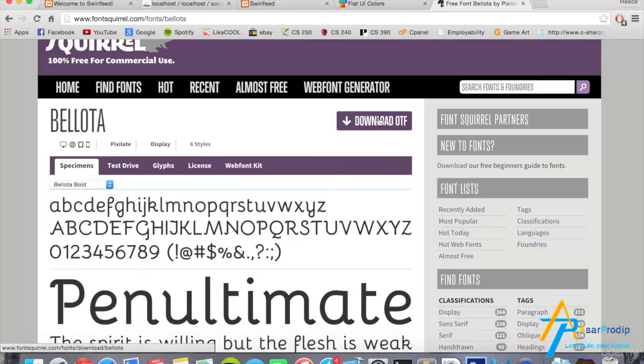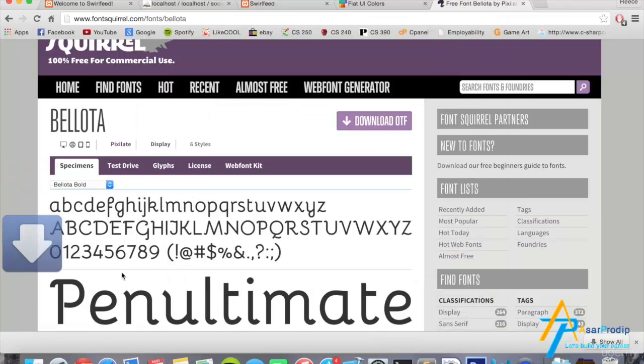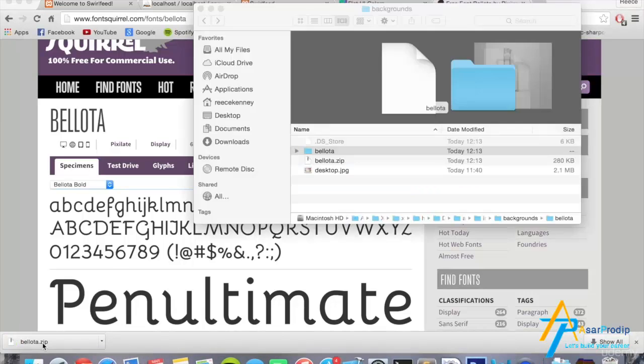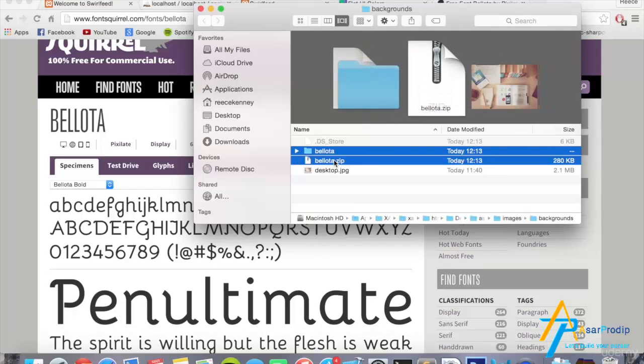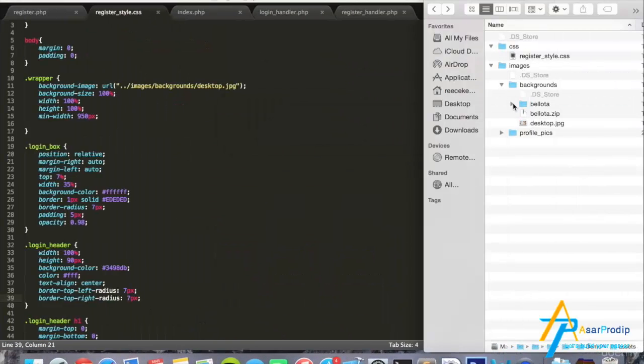Okay, so we'll download OTF. Just save it. So it saves as a zip folder. I'll click on that, extract it. Oh, it's extracted to the backgrounds folder. I didn't think it would do that. So I'll go back to here. So this is in the backgrounds folder now. It shouldn't be, but